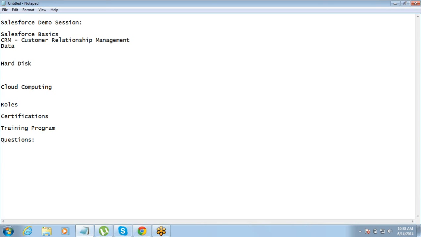Let's say we are running a business and we are 4 or 5 people in the company, and now we have started getting customers, their information and all. Where would you put all that data? Will you put that in the hard disk of a laptop? You can do that, but the problem will be that if you put the data on my laptop, then how will you see that data?